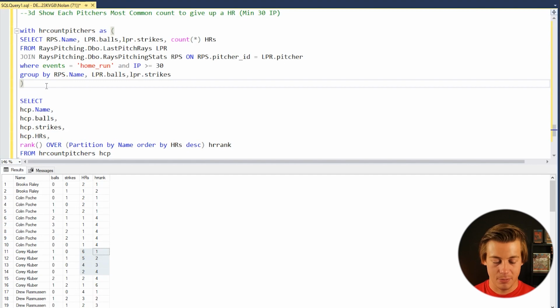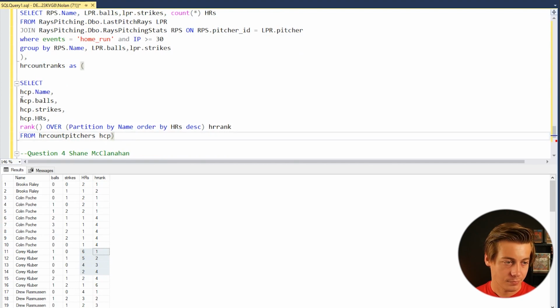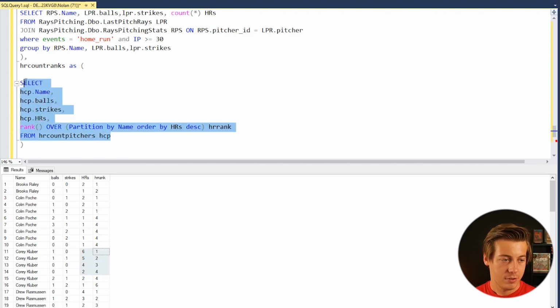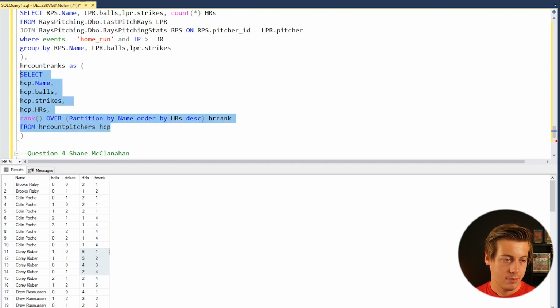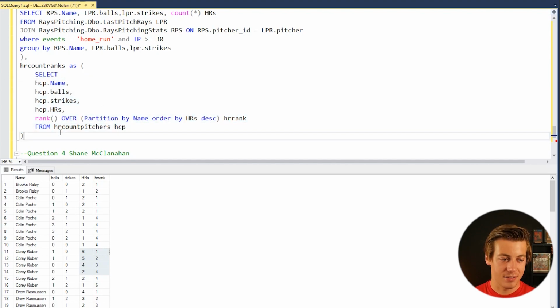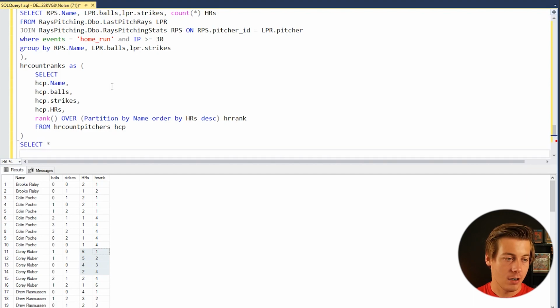Again, we're going to have to do this one more time. So we're going to say home run count rankings as through all of this over here, and just tab that over. Our syntax isn't the best on this one, but we're going to do one more query over here. So select star from ranks